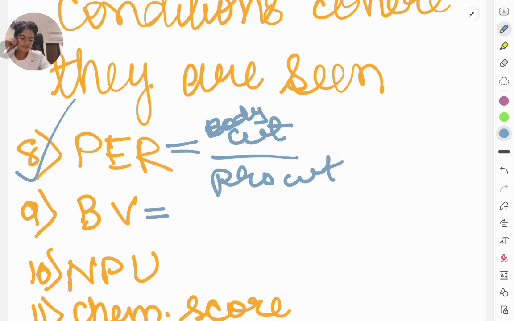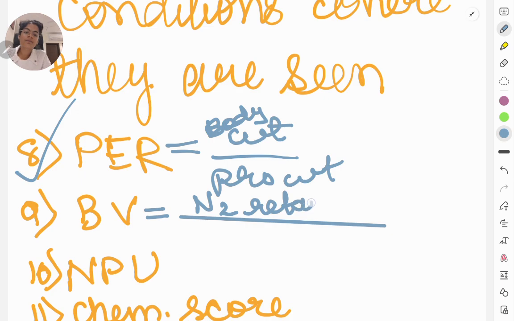Then biological value, it is the amount of nitrogen, the nitrogen which is being retained. Nitrogen retained divided by the nitrogen. See, this both would be biological value and